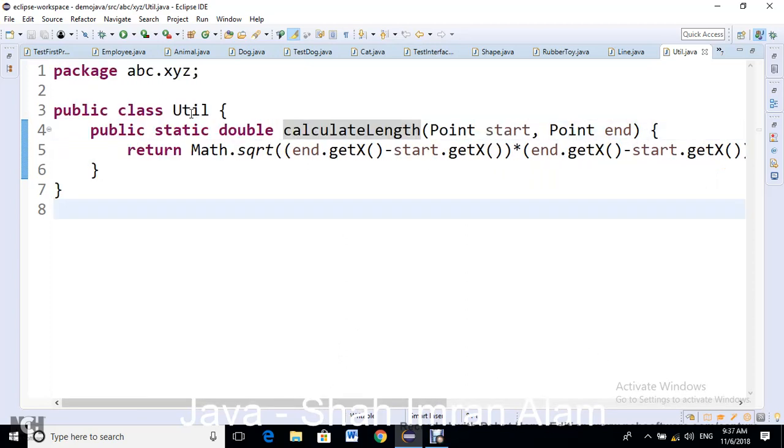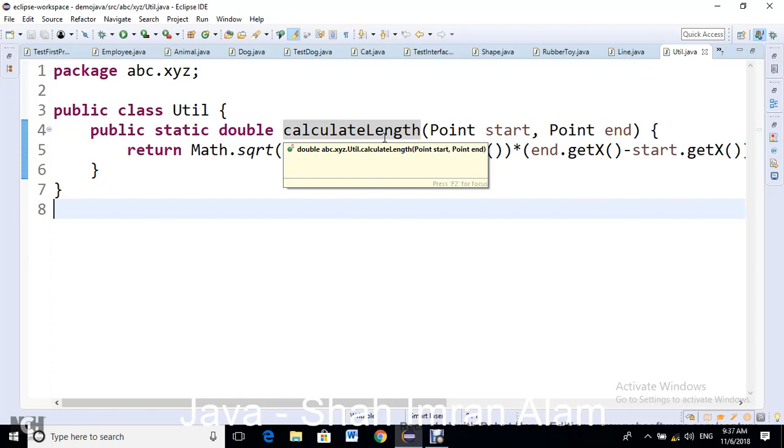And the reason why I have moved it to the util class separately and made this method static is because this method is pretty much a utility method. We call a method a utility method when this method could be reused in different cases throughout the application. For example, we call this method for calculating the length of a line. Similarly, when we have a rectangle object which extends shape, then to calculate the diagonal of the rectangle, we again need